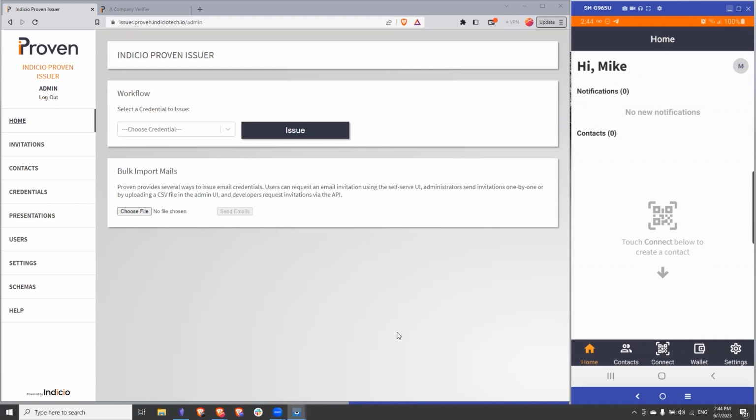And today we'll be recording a demo about Holdr Plus, which is Indicio's wallet or mobile agent. So I've got a little bit of a setup on the screen here. We have Holdr Plus on my phone on the right, and we're sharing the screen to my desktop. And then on the left, we have Indicio proven agents that we'll use to show off some of the features